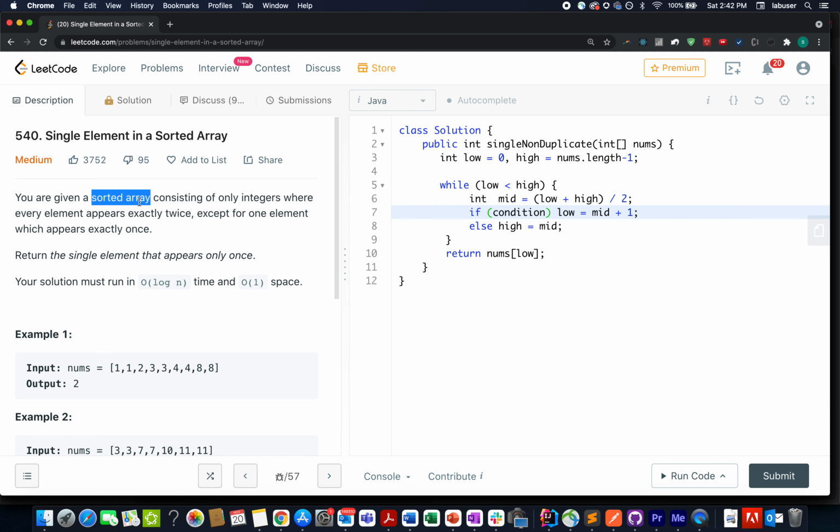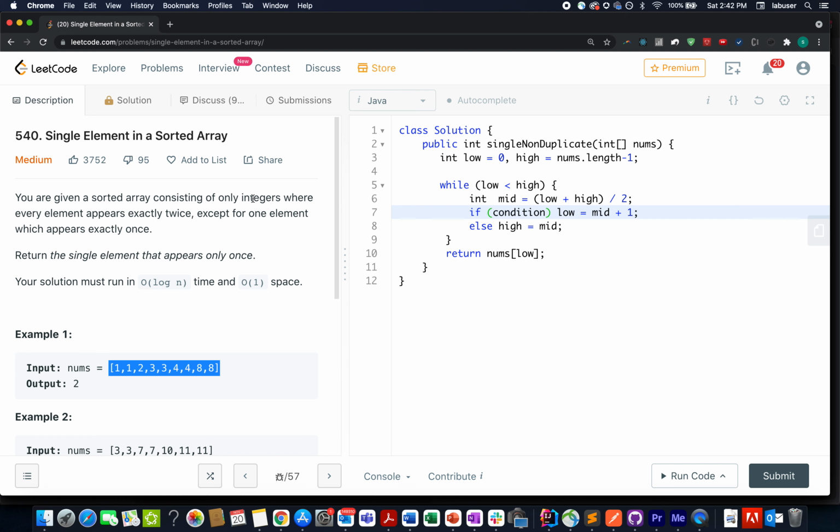The second approach that comes to everybody's mind is a constant space algorithm, that is using the XOR operation. We know that if we perform an XOR of any element with that same element, it gets nullified to 0. Therefore, when we perform the XOR of the complete array, we get the element that has a single frequency because all the other elements will be nullified by virtue of their two frequency.